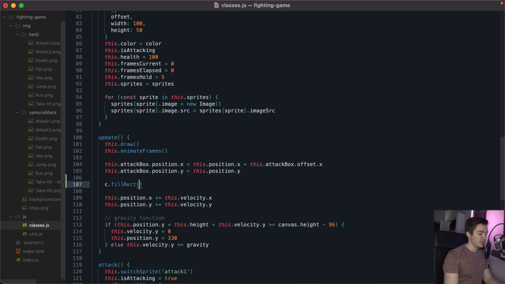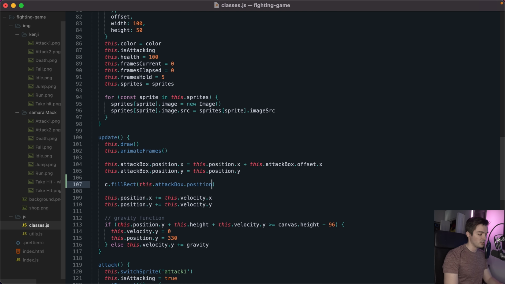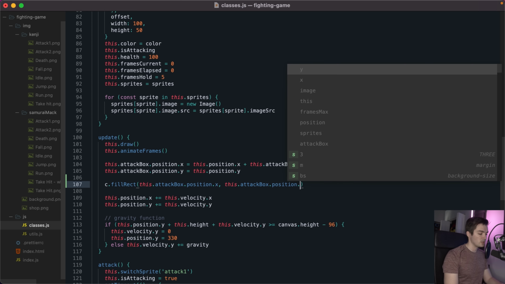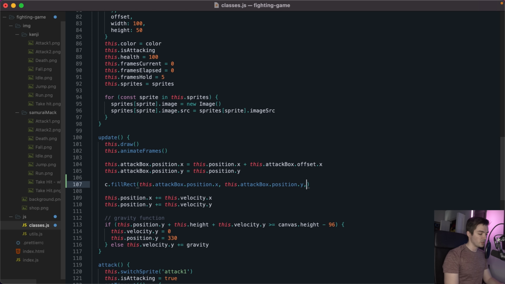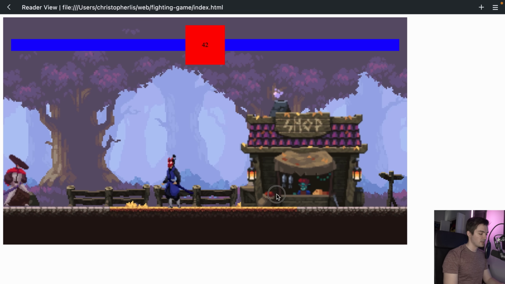So we want to create an attack box rectangle, and we can do that with this.attackbox.position.x for the x coordinate. The y coordinate is going to be this.attackbox.position.y. Our third argument is going to be this.attackbox.width, and then our fourth argument is going to be this.attackbox.height. So if we go ahead and save this, and then refresh, we're going to see our attack box is drawn back out. So right now it's way over here rather than on top of our player,